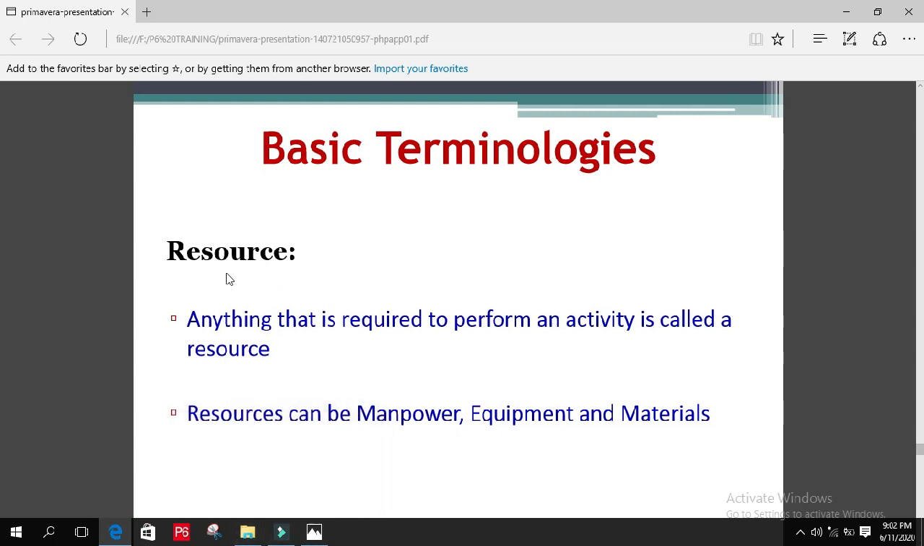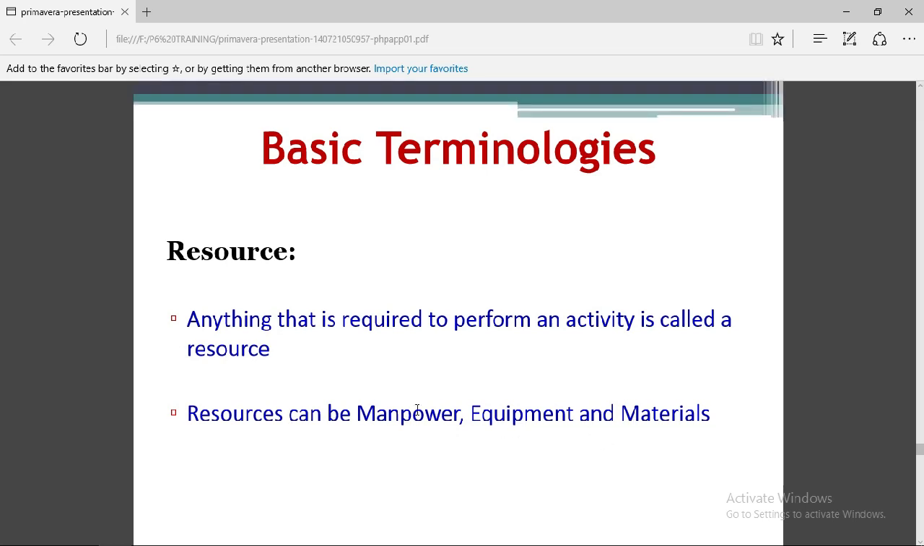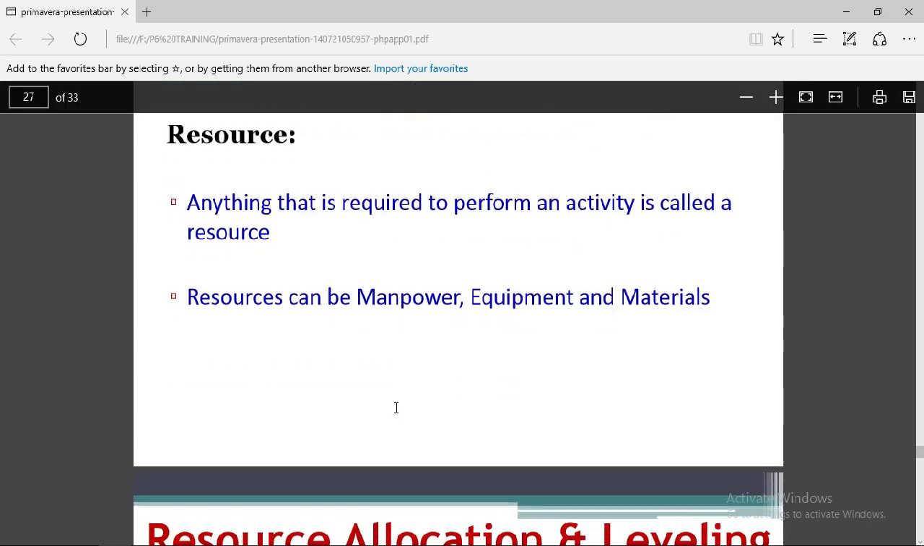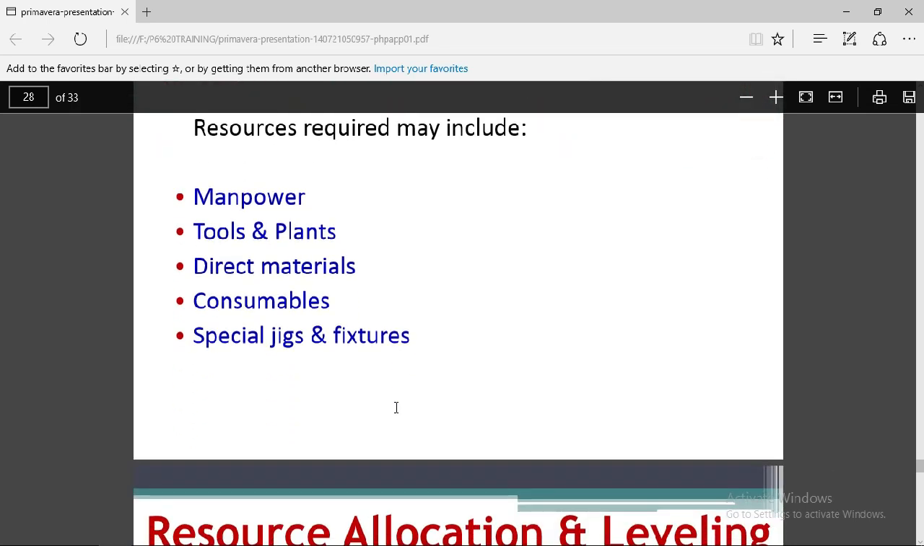So we will add the resources to each activity. Resource can be manpower, equipment, material. Resource can be 3M: manpower, material, and machinery. We use 3M in P6 software. Resource allocation and leveling. Resources may include